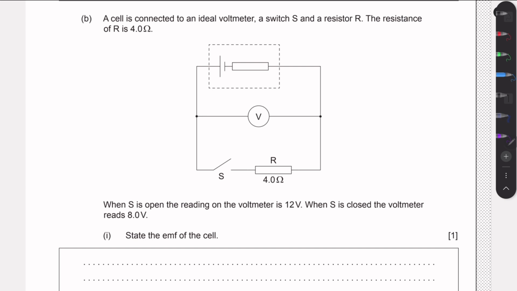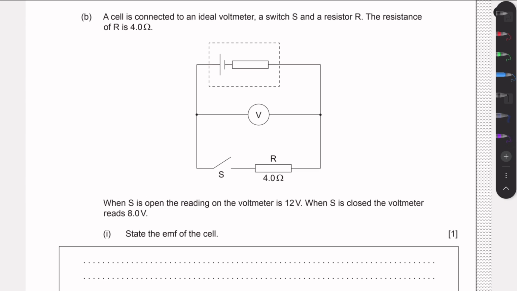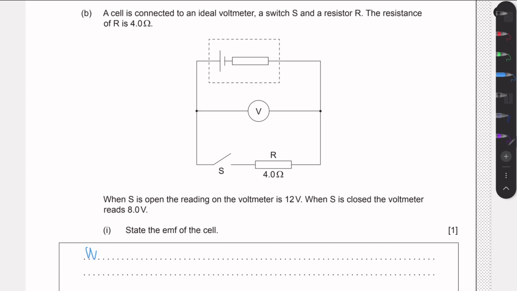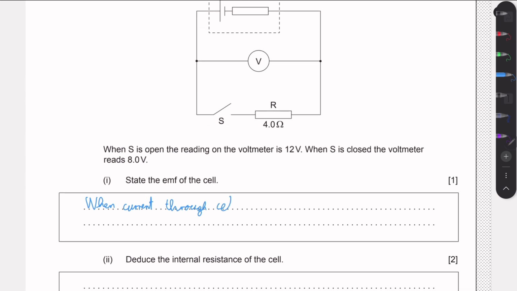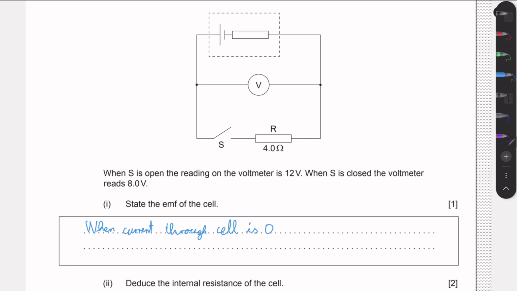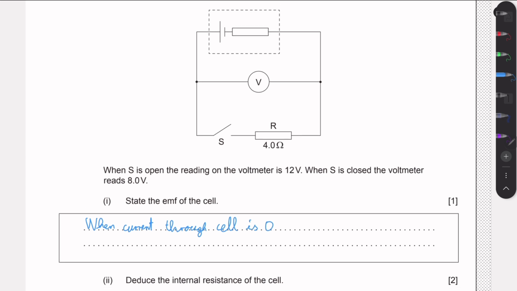And for that, we need to know the definition of the EMF, or how we can measure the EMF. And well, simply put, the EMF can be measured when the current through the cell is equal to 0. So this is the definition of the EMF. That's how we can measure it. So when zero current is flowing through the cell and we measure the potential across the cell, we will measure